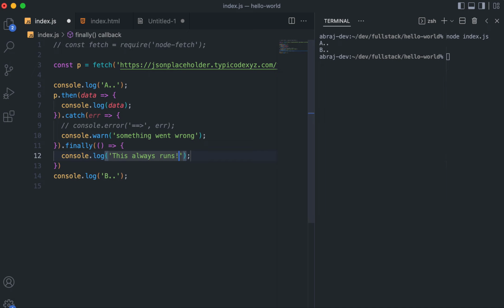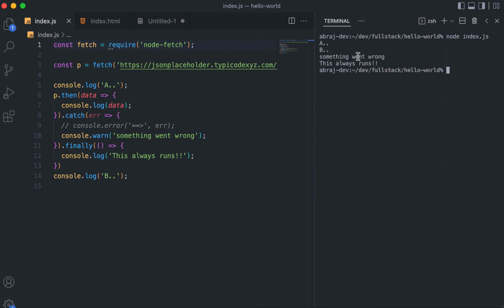Let's say in this case we have an error, so something went wrong is printed, and apart from that this always runs, which means that there is an error, and then also this finally ran. And if there is no error, so let's say this is a valid URL, then we will see that